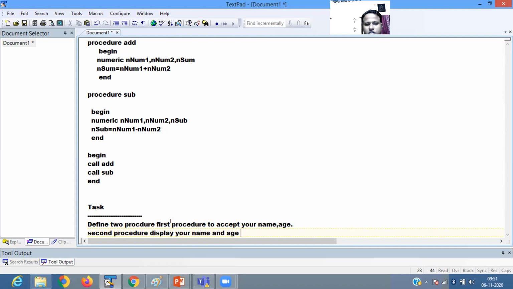So define two procedures. One procedure is for accepting the input. The second procedure is used to display your result.